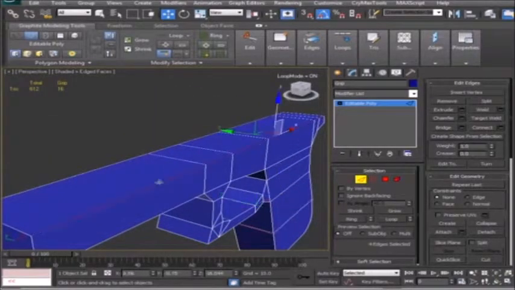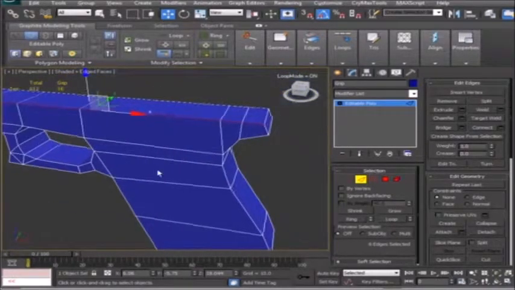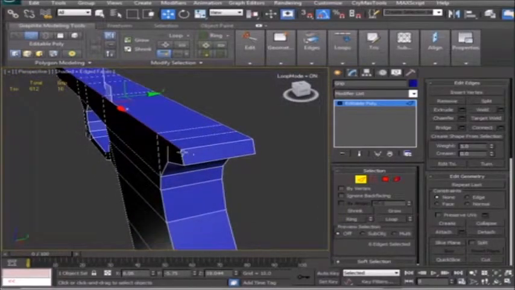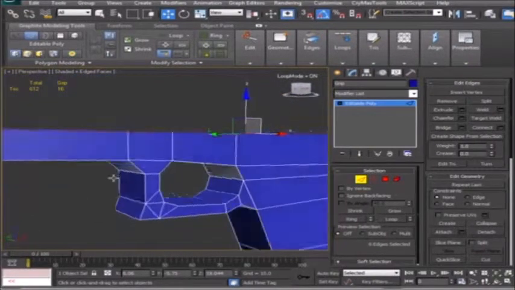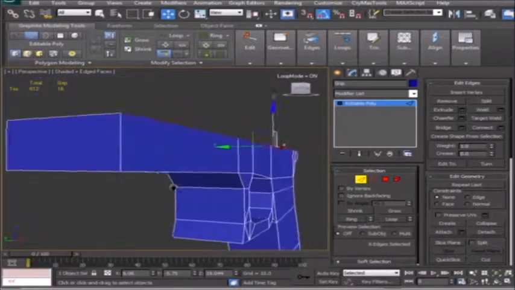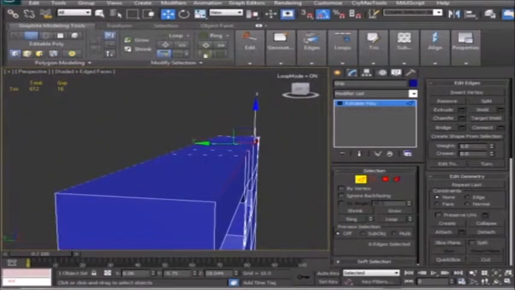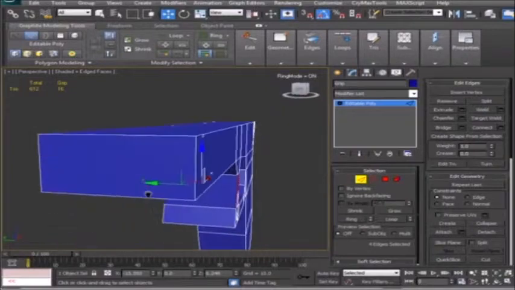Very, very handy. You can see it doesn't go any farther than here because it doesn't know if I want to loop down this way or if I want to loop around this way. It can't know. Only I would know that. So they're still stupid machines. So I want to be in ring mode. Click this guy,